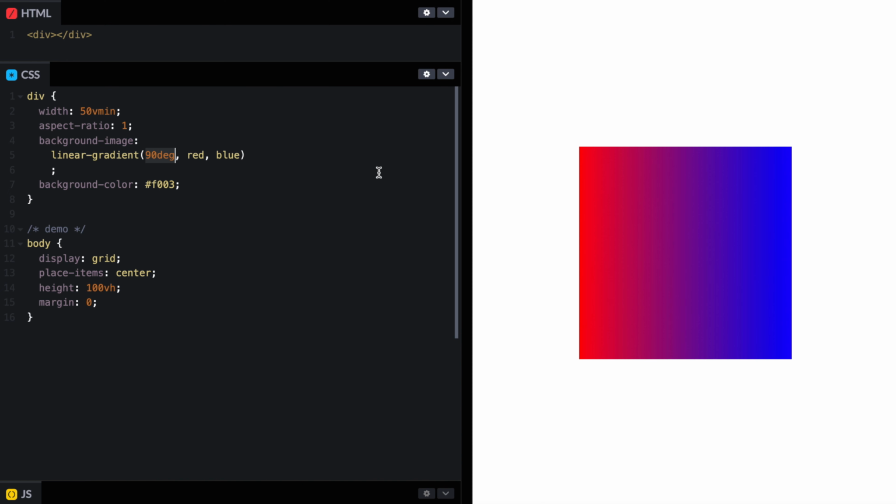But it doesn't have to be an exact degree. You can say, for example, hey, I want it to be 33 degrees. And like that, it's not really obvious how it looks, but right now there's an angle of 33 degrees here. And maybe it's more obvious if I say 50% here and 0. And you can see that it's following a line that is not exactly from one corner to the other. There are other things that you can do, but for now, this is all that we're going to need for